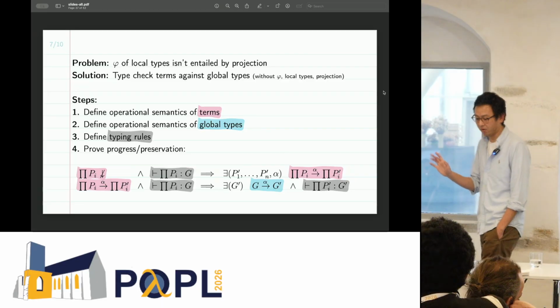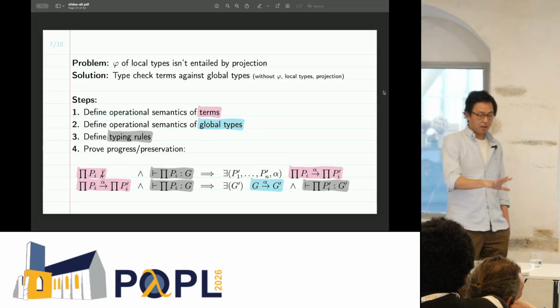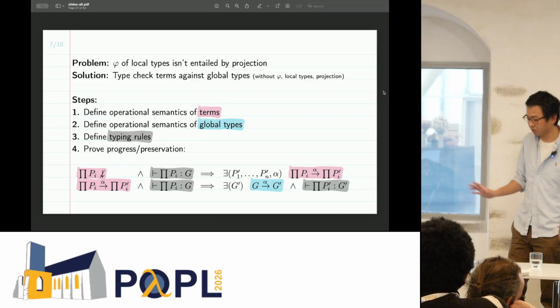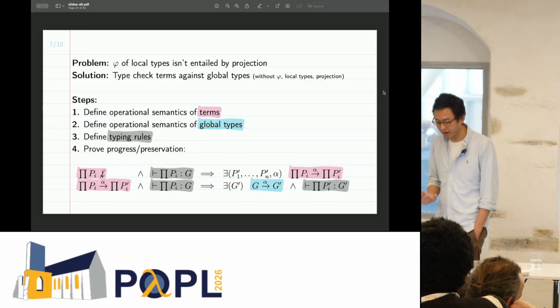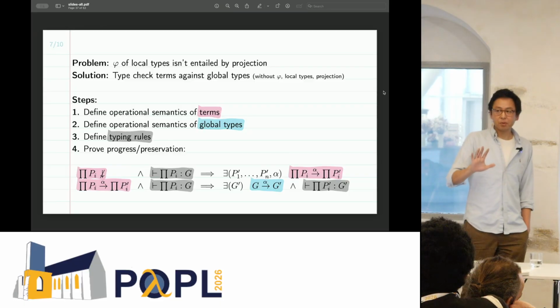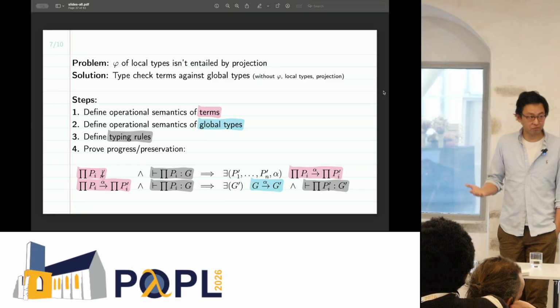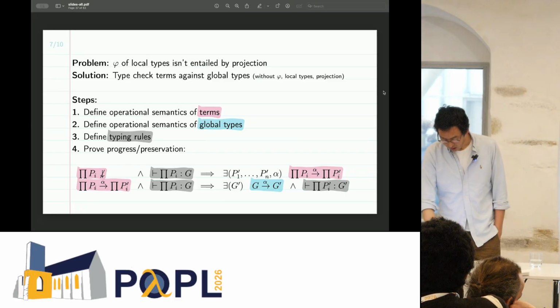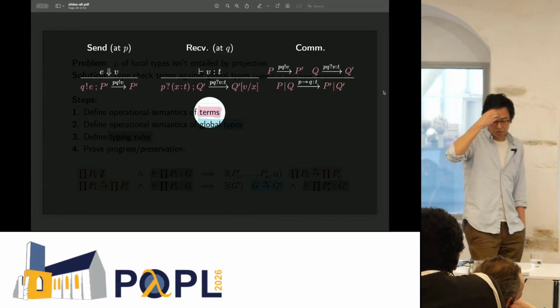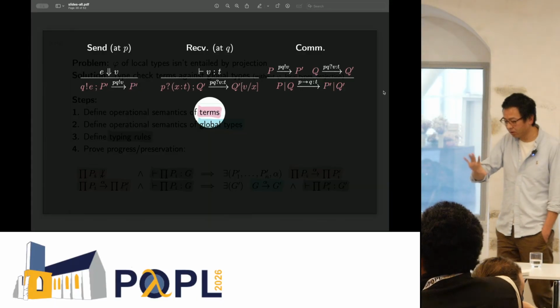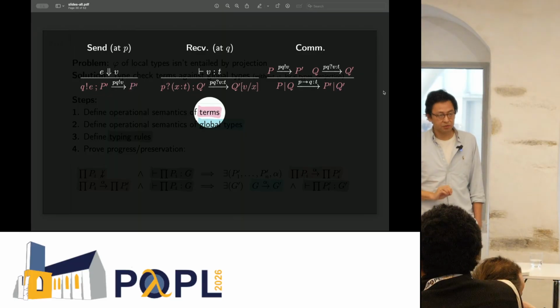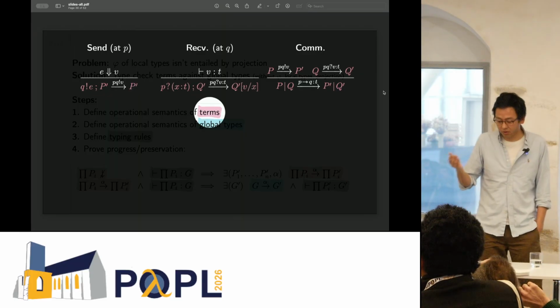together. Okay? And so in the paper itself, we have lots of these kind of inference rules. I don't want to show all of them today, but I just want to show you the simplest ones for the simplest features of the language, just to convey the general idea, right? That is the idea. So let's start with the operational semantics of the terms. I'll show it here only for individual sends, individual receives, and communications. Those are the most interesting ones, perhaps.